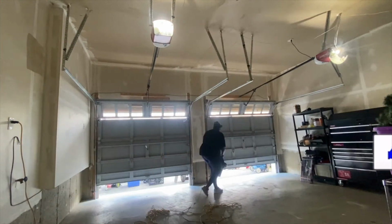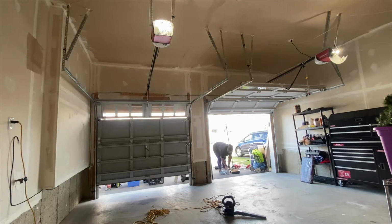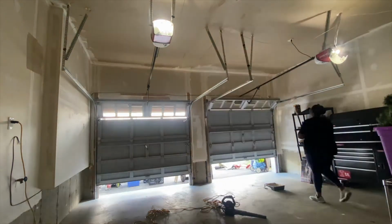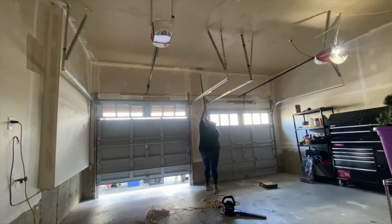So step one of the process was just really decluttering, getting everything out, and then cleaning. So I started with a brush and got out all the cobwebs in the corners of the walls. I used an air blower and just tried to get out all the dust and grime from all the corners,